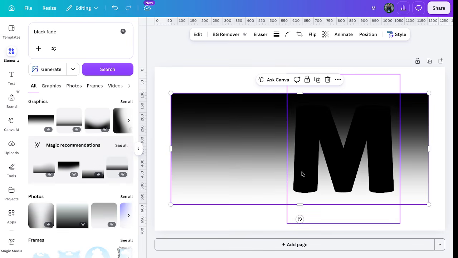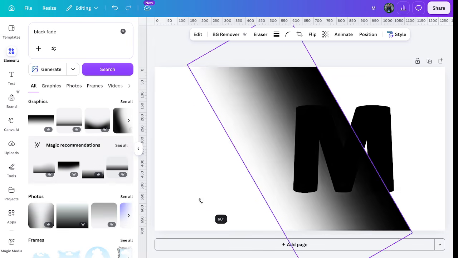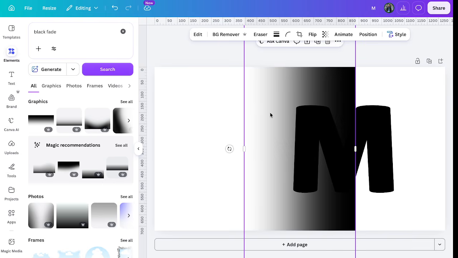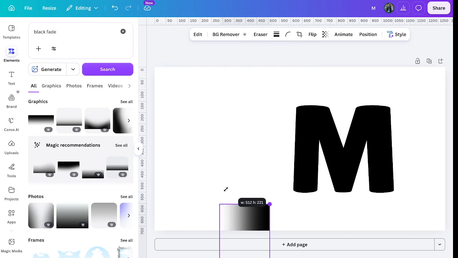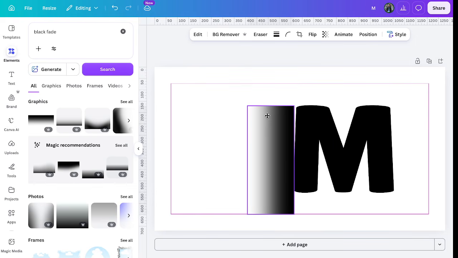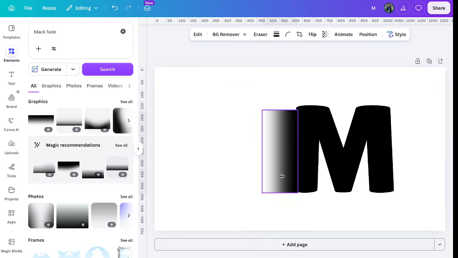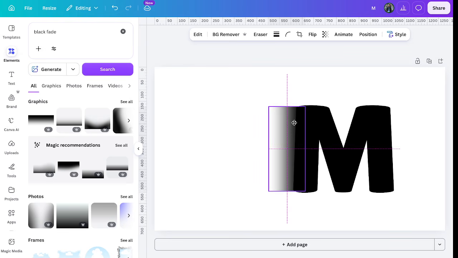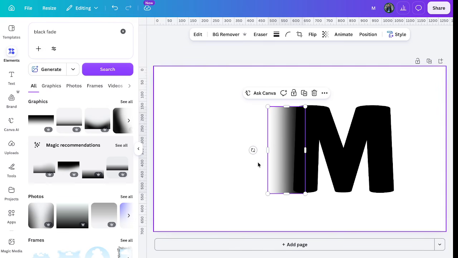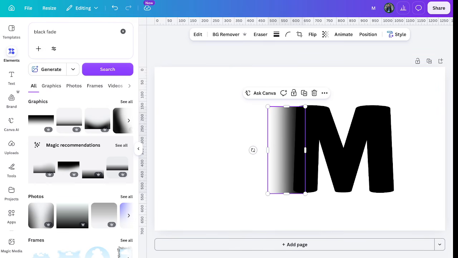Insert this one and rotate it to 90 degrees. Then we're going to resize it so it looks like a natural part of the text. So we're going to align it here. There we go. So afterwards, we're just going to download this design